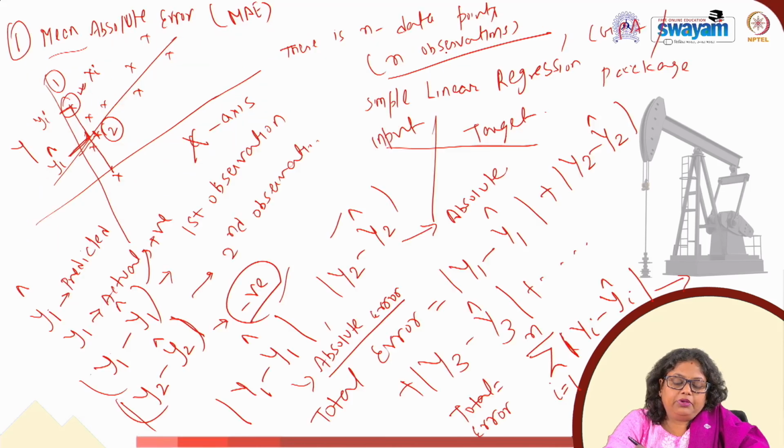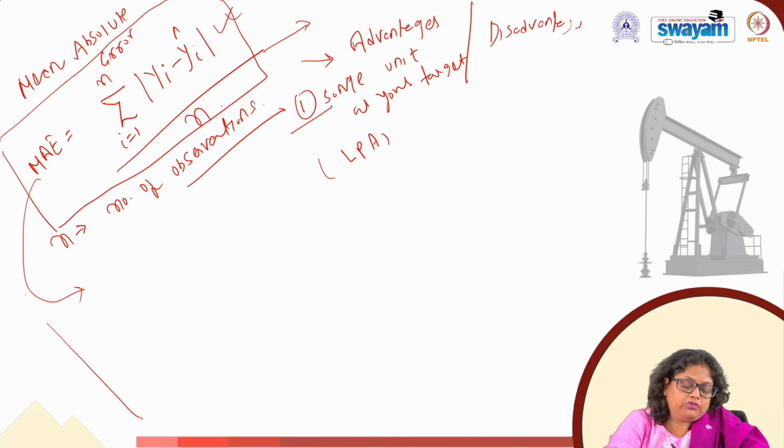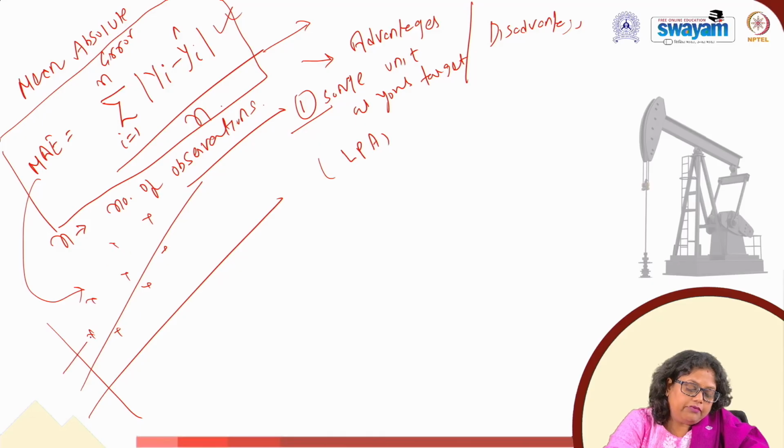Take the previous example: y is the package, in lakh per annum, so your error is also in lakh per annum. If the value of the MAE we get is something like 2.3,